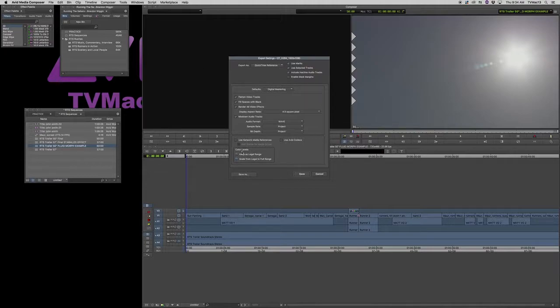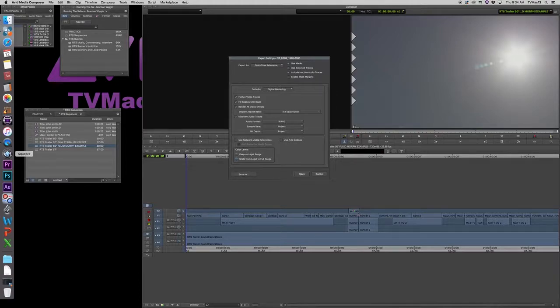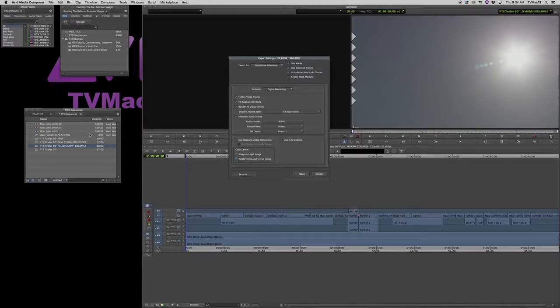Okay, this is a great way to, if you need to export it quickly, and then use Sorensen Squeeze, which is right here, to change it to a different media file. Okay, so a lot of times people will utilize the QuickTime reference if they want to squeeze it to a very low compression rate, so that way they can either show a client real quick what they have, or if they want to change it to a different type of export setting, or a different type of file, such as an MPEG or whatever. Okay, but QuickTime reference, I wanted to make you guys aware of that